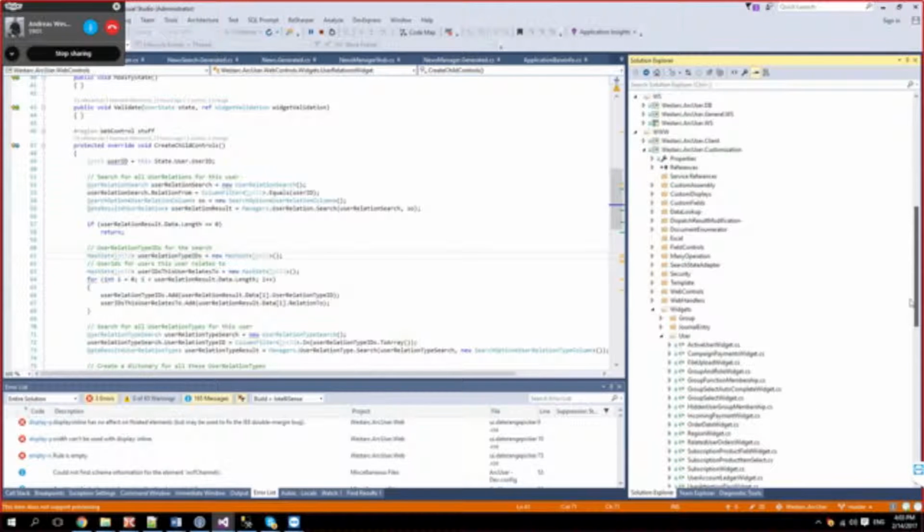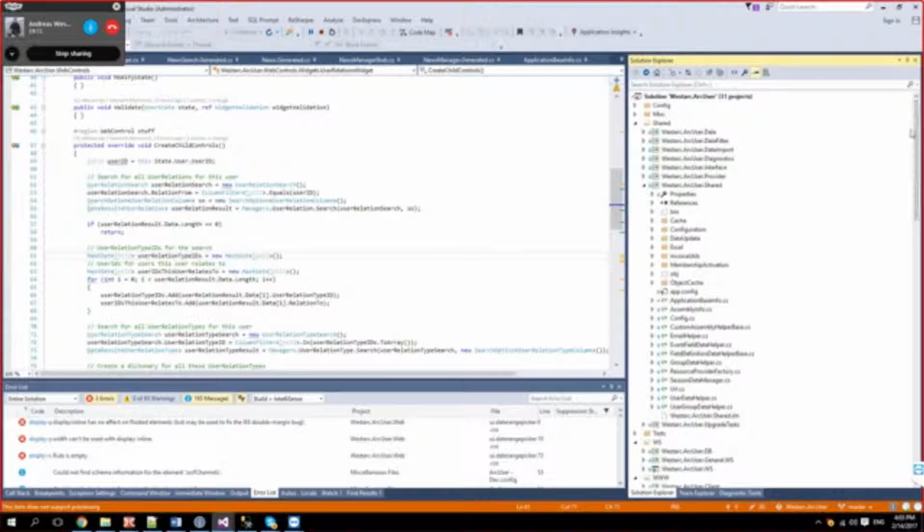So the first thing we need to know when we build a new module is how to get that module into the system, and to be used by the system, that is.